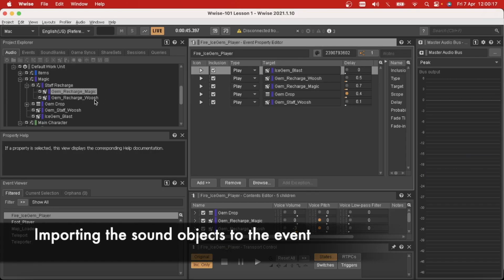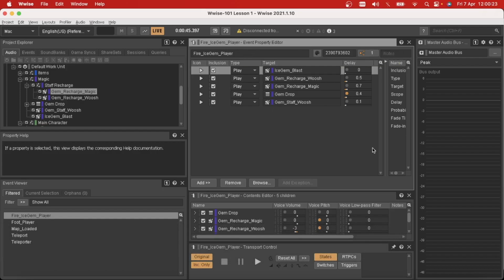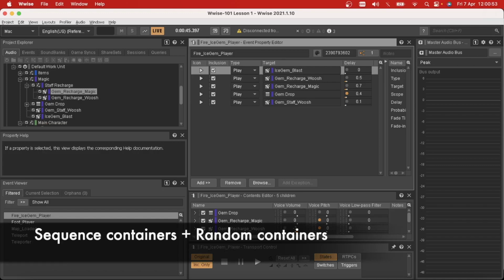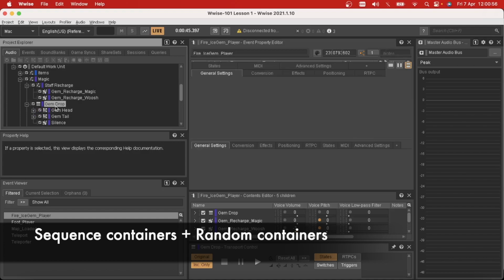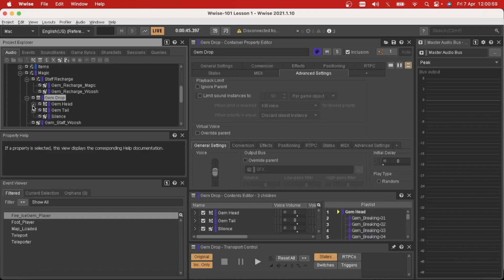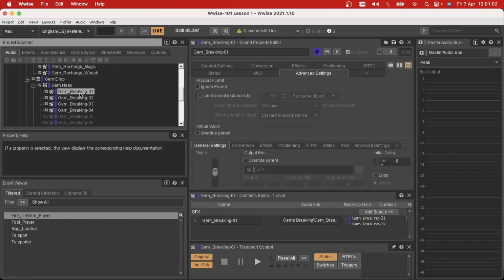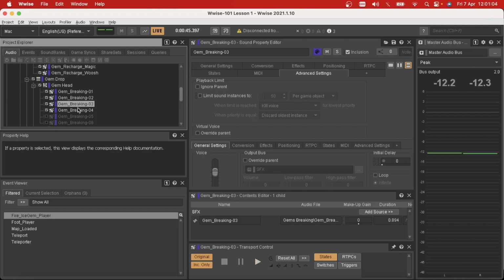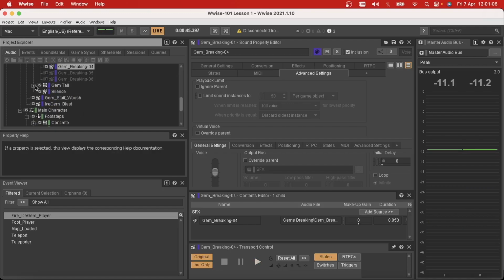I then import the magic and the whoosh into the Fire Ice Gem player event, and as you can see there are specific delays. This is just because I wanted to match the animation on the screen, and for more randomization, under the gem drop I have these effects where you have these random containers which play different audio samples. If we go to the tail side,